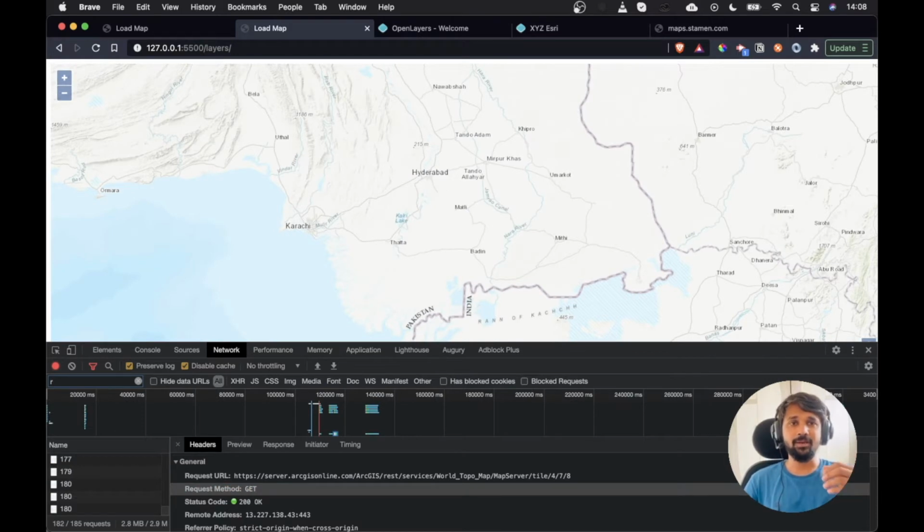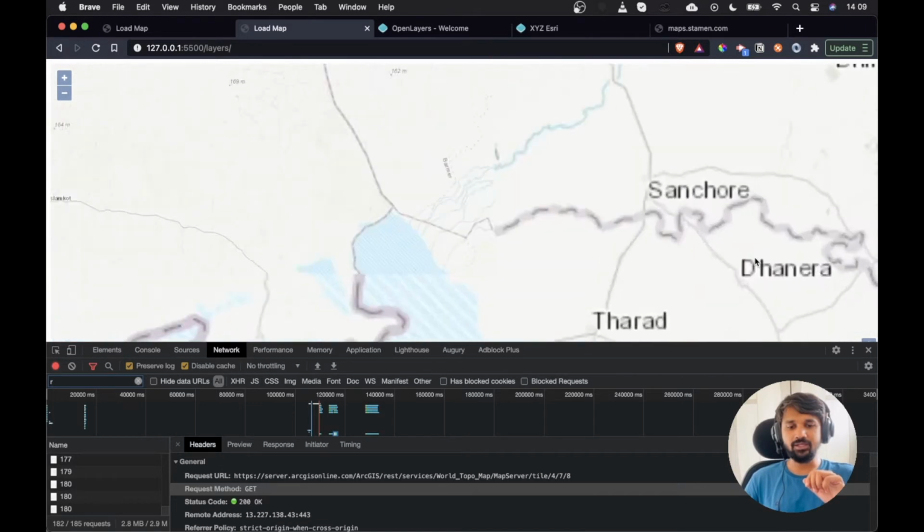Now that the base map is sorted, let's have a look at what other data types OpenLayers supports. Usually, we can divide GIS data into two main categories. First is raster layer and second is vector layer. In raster layer, we ideally load the data either as a tile format or as an image format. The difference between both of these formats is that in tile format, the entire image is loaded as smaller tiles. Usually this is the behavior we see when we load the base map.